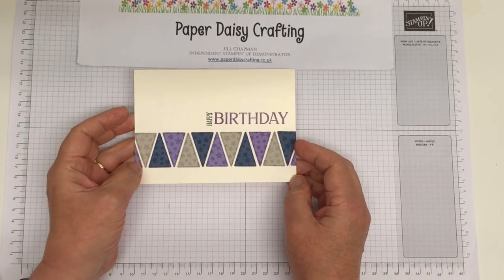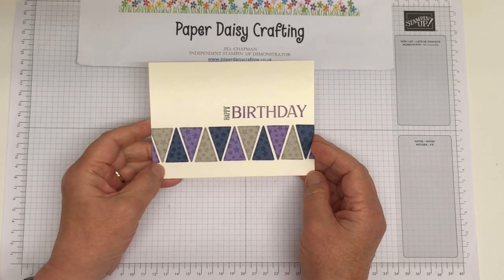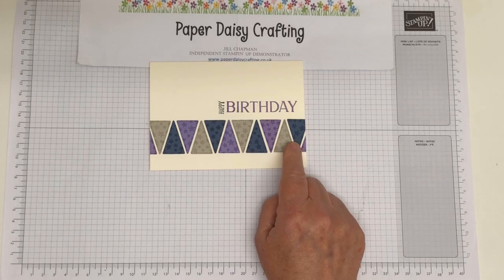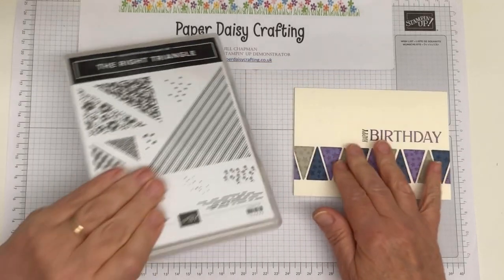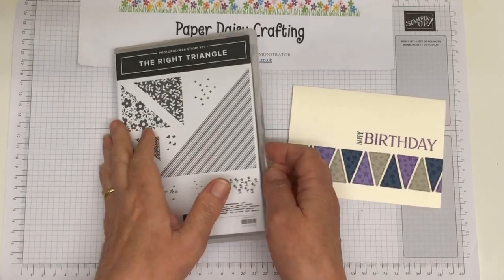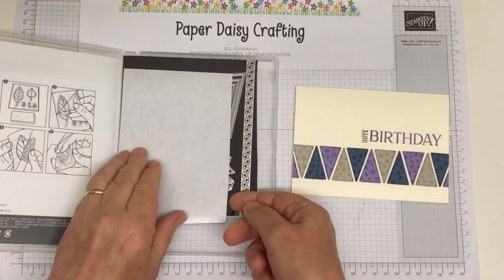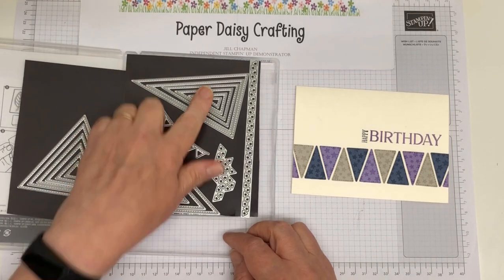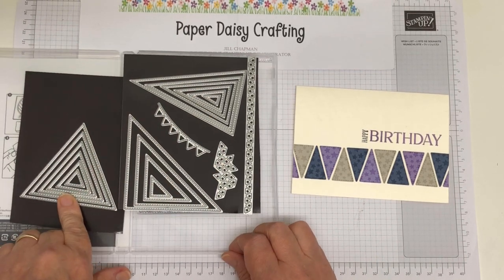This is my project. A lovely birthday card using these triangles, which are part of this bundle. It's called the Right Triangle. This is the stamp set. And then if you buy the bundle, you also get the dies, and you get loads and loads of lovely triangles,